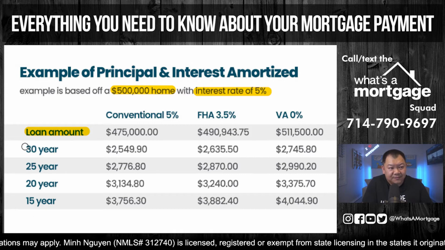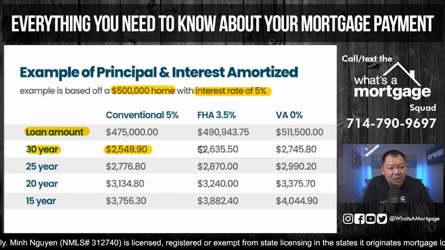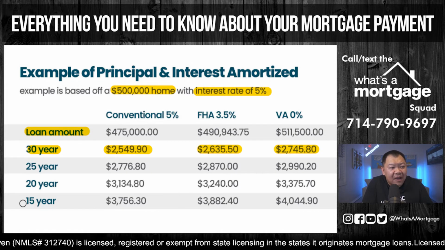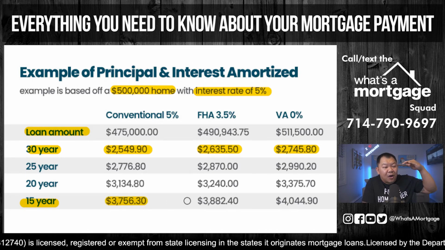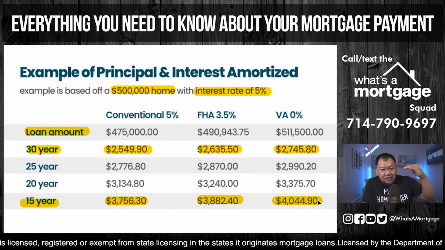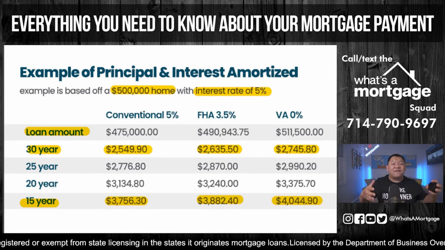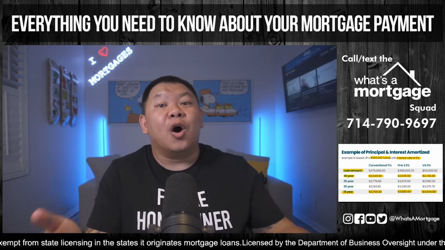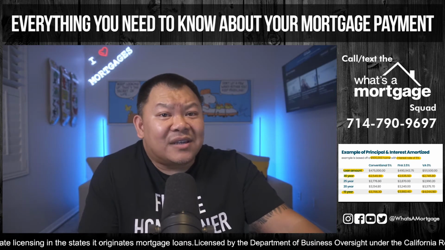On a 30-year fix, on this conventional, the payment's $25.49, FHA $26.35, VA $27.45. As we go down from 25-year fix, 20 and 15, you can steadily see the monthly payments going up. So depending on the amortization and the rate, now you have your principal and interest payment. It's based on the complete loan amount. So now that you know how to calculate the complete loan amount, the next factor is your